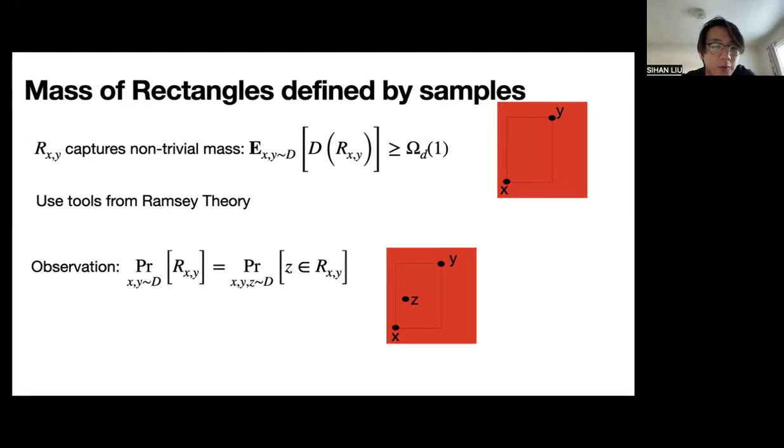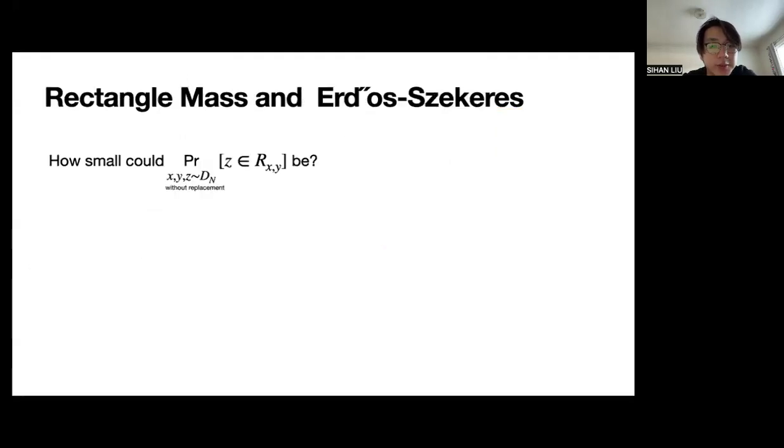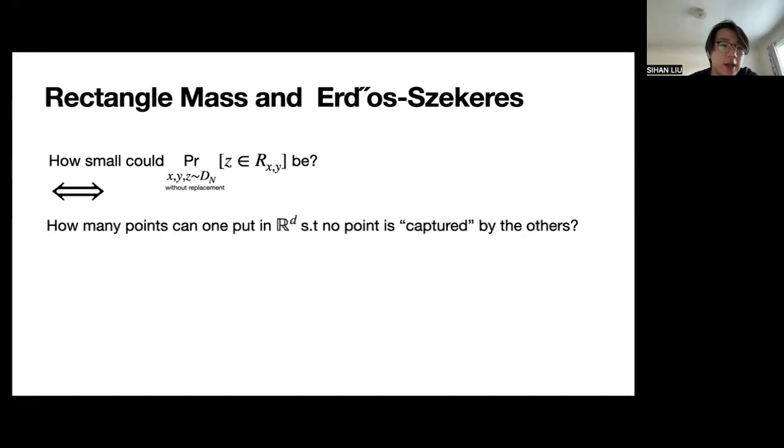To make the connection, we'll need to slightly rewrite the expected mass capture. In particular, the probability mass of a rectangle is precisely equal to the probability of the event that a third point z, sampled independently from the distribution, happens to lie within the rectangle. So how can we bound this probability? If one tries to construct a discrete distribution to minimize this quantity, one will find out this is essentially equivalent to asking, how many distinct points can one put in a d-dimensional space such that no point is captured by the